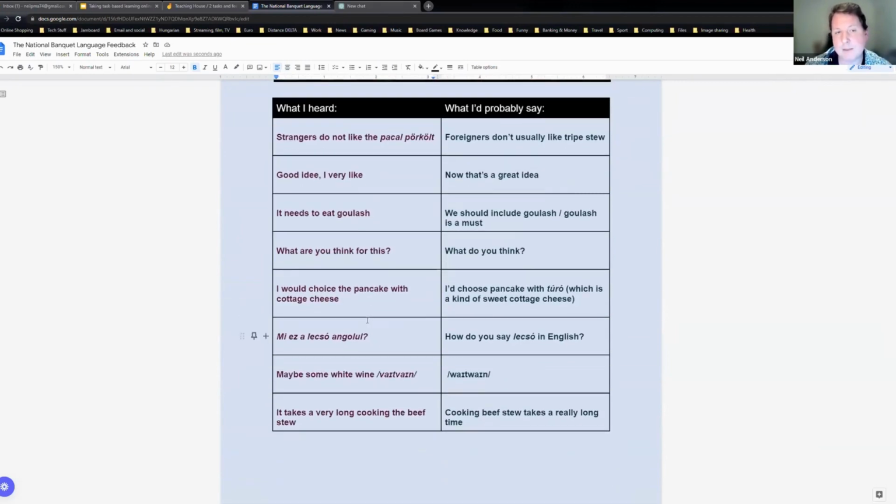And then by the end of feedback, we've got a record of some of the language that I've noticed and that I've given feedback on. The things that students didn't quite get right or weren't quite natural, and then how I might say it personally, even though there are different ways of saying it potentially. There's even a nice use of direct translation there. I mean, why not, you know?